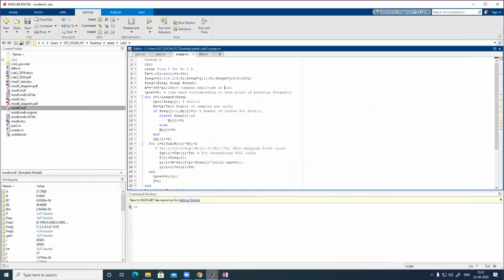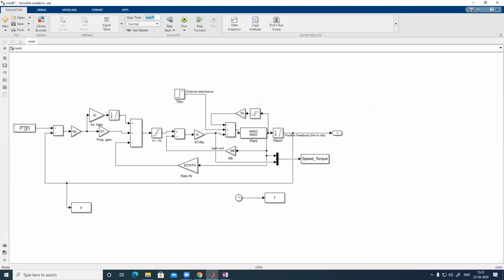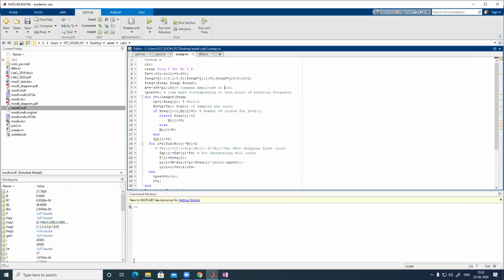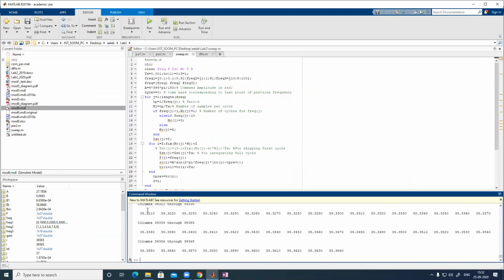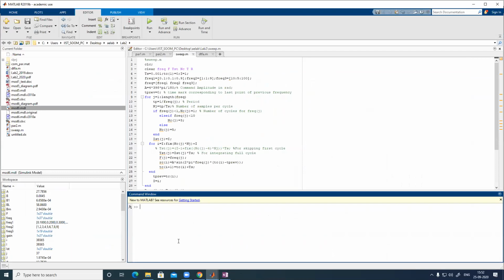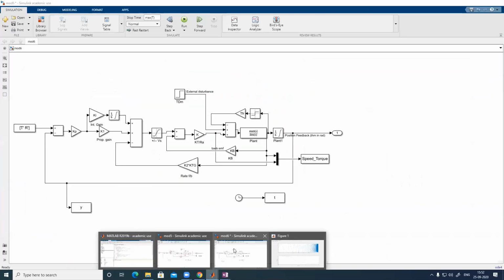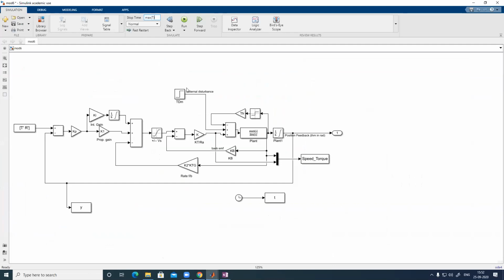Then this has to be supplied to the model as T dash, R dash; the From Workspace option is there. And you have to simulate it for max of capital T. If you add 39 point something, capital T is something different; capital T is this variable, 39.3640. So capital T you have to give as max of T only. Otherwise, if you give 39 or something, it will also show error. So max of capital T you have to give. Then you run the simulation.